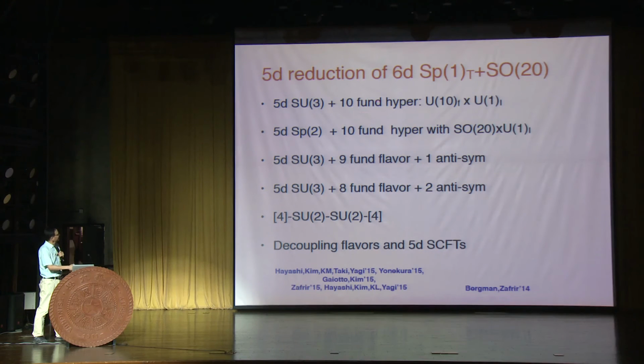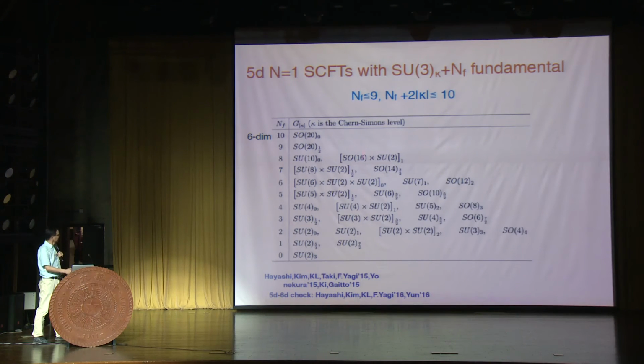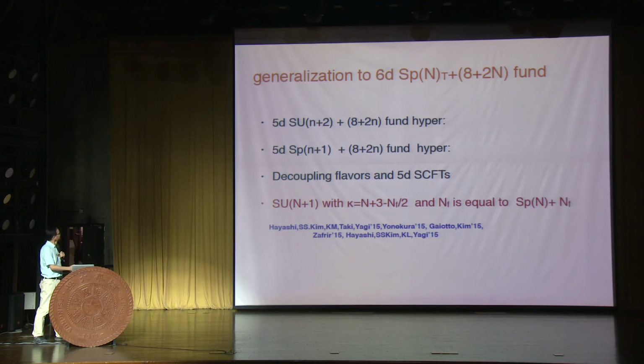Now, by decoupling various hypermultiplets, again, one can get a very rich variety of 5D superconformal field theories. So, for example, here's a case where one studies Sp(3) with 10 flavors, then we are reducing it. As you give a mass term to the fundamental hypermultiplet, you get a Chern-Simons term induced. So here is the list of the theories with various Chern-Simons terms and various enhanced global symmetries.